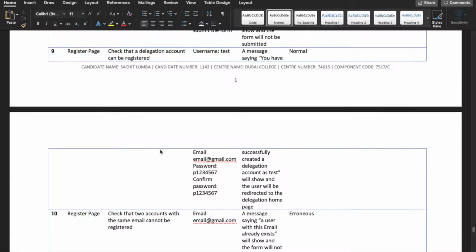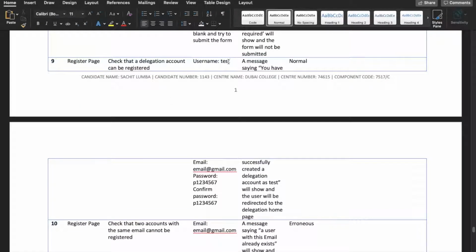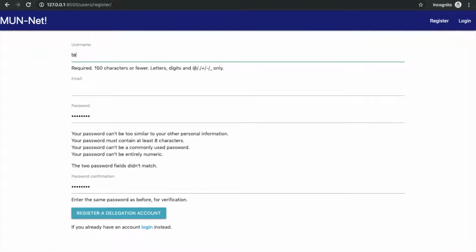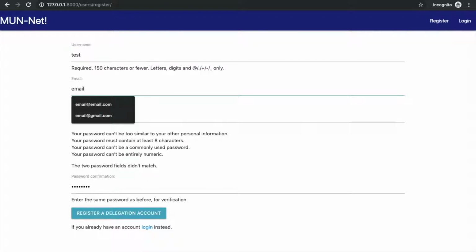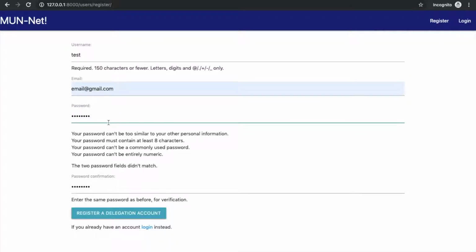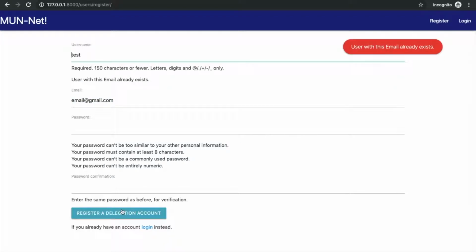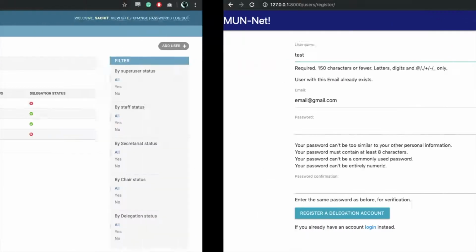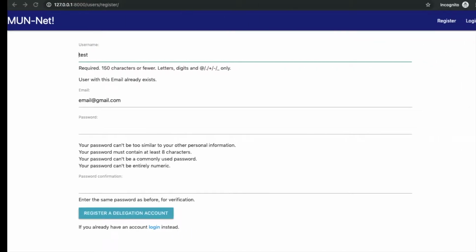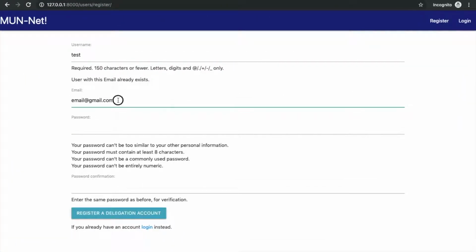Now lastly, we will check that a delegation account can be registered with the username test, the email@gmail.com, and the same passwords as used before. So we have our username test, we have our email@gmail.com, we have our two passwords, which are both P12345667. When we press register, unfortunately, a user with this email already exists,